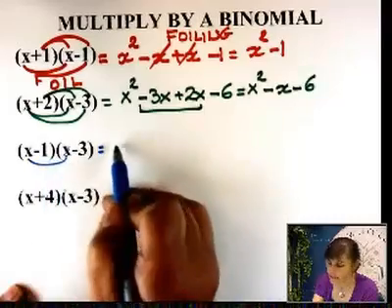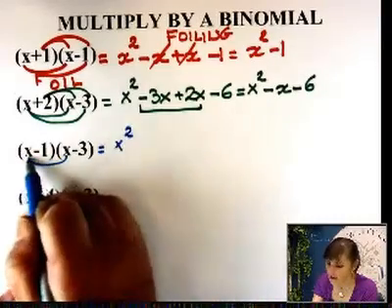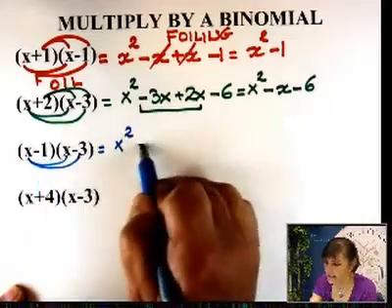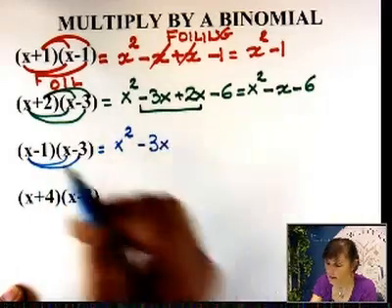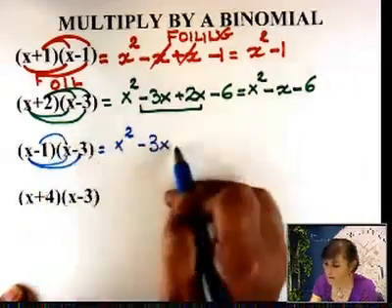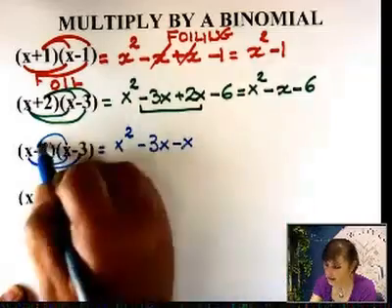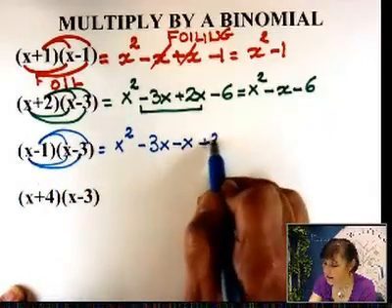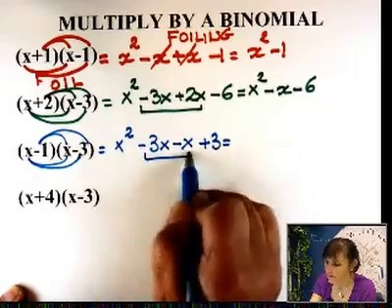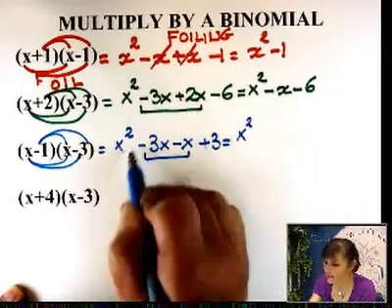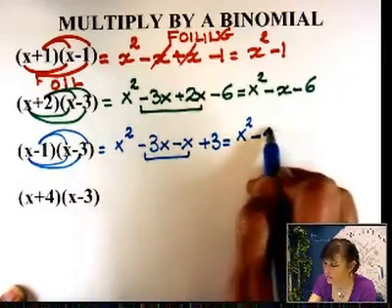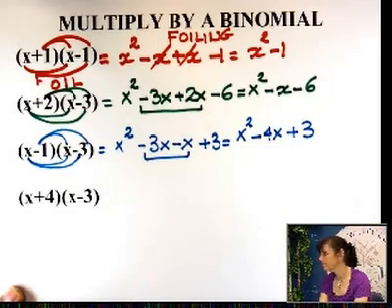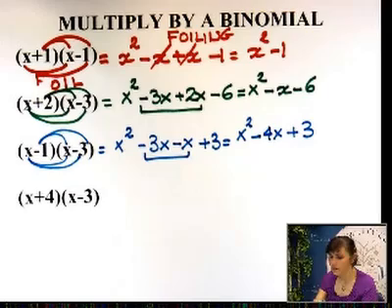First, x times x, x squared. Outer, negative 3 times x, negative 3x. Inner, negative 1 times x, negative x. Last, negative 1 times negative 3, that's positive 3. Combine the middle terms, x squared, negative 3, negative 1, that's negative 4, plus 3. The last one,